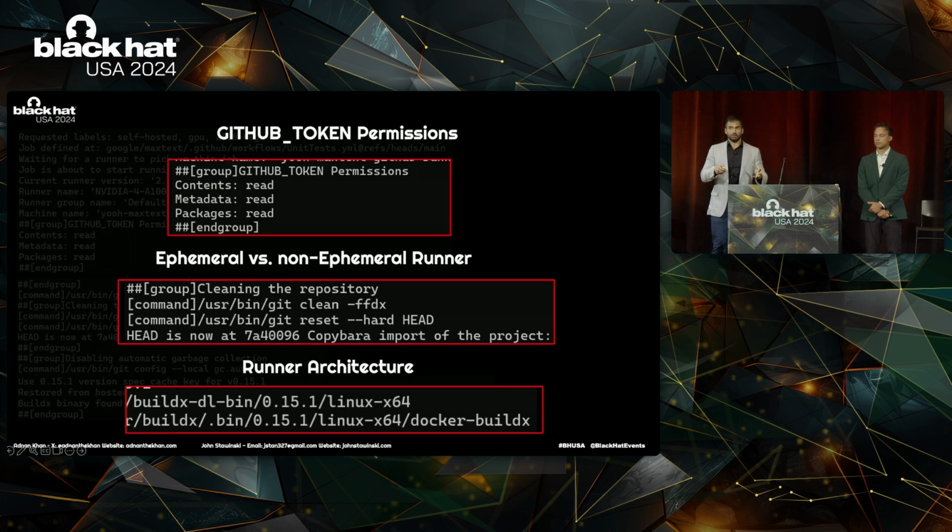Next, using a somewhat clever heuristic, someone can determine whether the self-hosted runner is ephemeral or non-ephemeral by looking at the output of the actions checkout reusable action. If there's a step that says cleaning the repository, that means that it's cleaning out the previous checkout, which almost always means it's a non-ephemeral runner. And finally, by using contextual information in the run log, you can determine if it's running on an x64 or ARM64 architecture, and that can inform the payload you'll end up using.